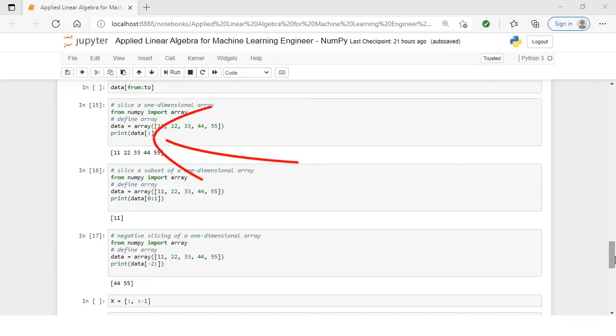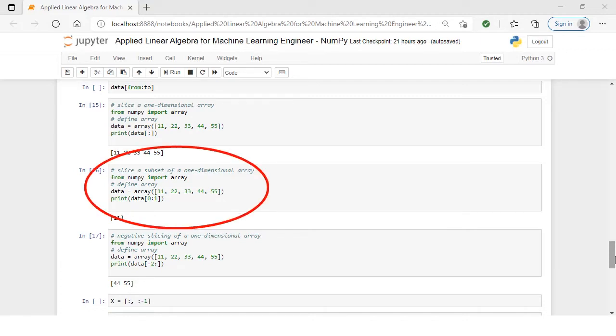We have an example on screen. Running this example prints all the elements of the array. The first item of the array can be sliced by specifying a slice that starts at index 0 and ends at index 1, one item before the to index. Again, we have an example on screen, and when we execute the code, it returns the subarray with the first